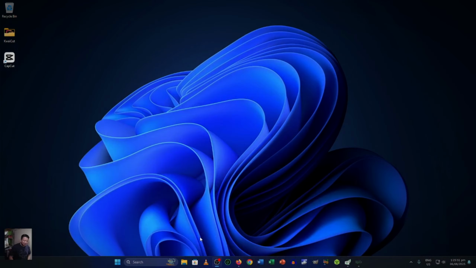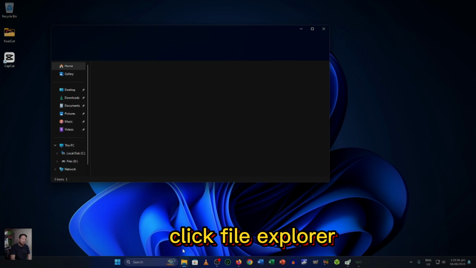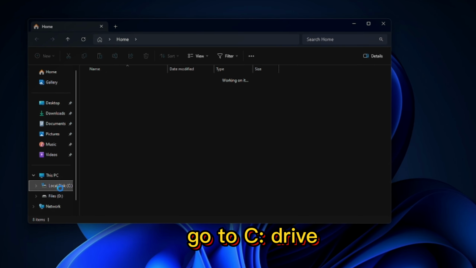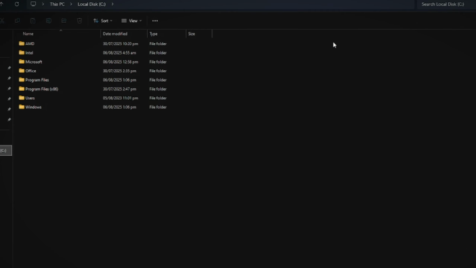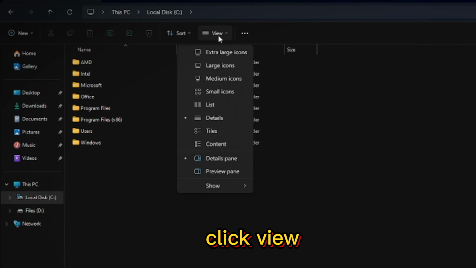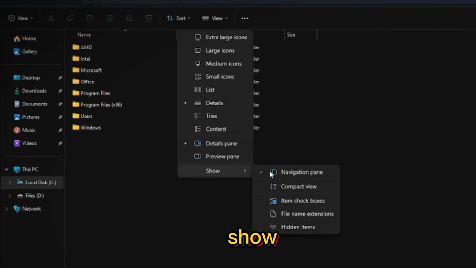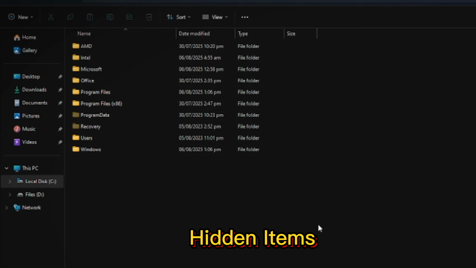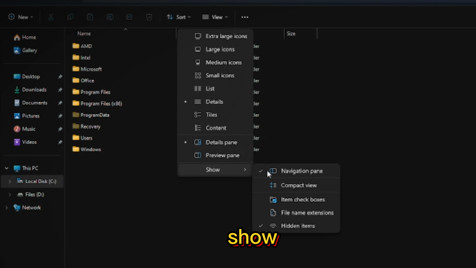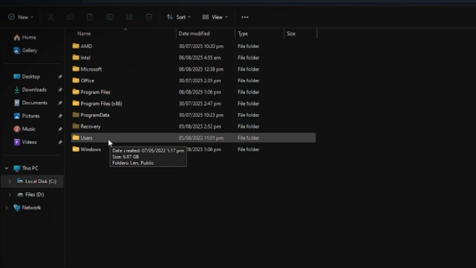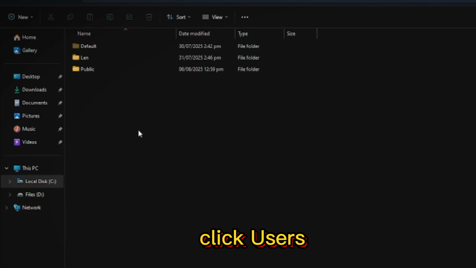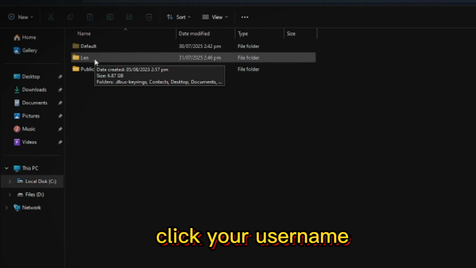Let's go back to my desktop. What we're going to do is click on File Explorer and go to the C drive. Let me click on View, then Show, and click on hidden items. Then again, go to View, then Show, and click on file name extensions. Next, we're going to click on Users, and then click on the username. In my case, it is